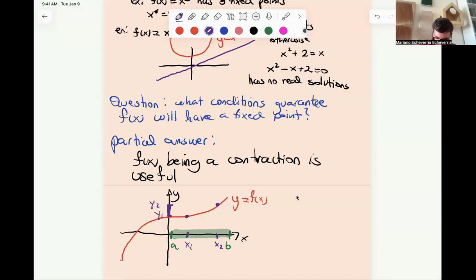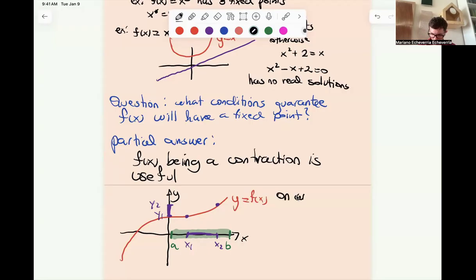Okay, this one ended up being a nice picture. So a contraction just means the function would be a contraction. It's like the distance between the points in the domain, x1 and x2, is larger than the distance of the values of the function, usually called the images. So the contraction is